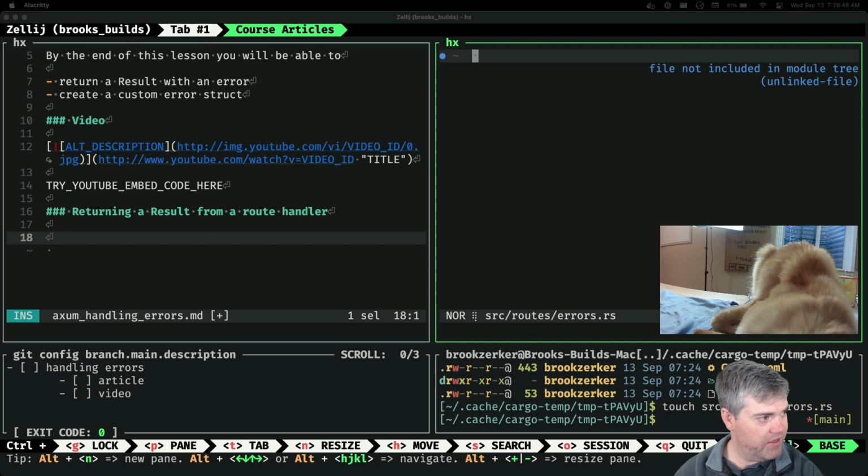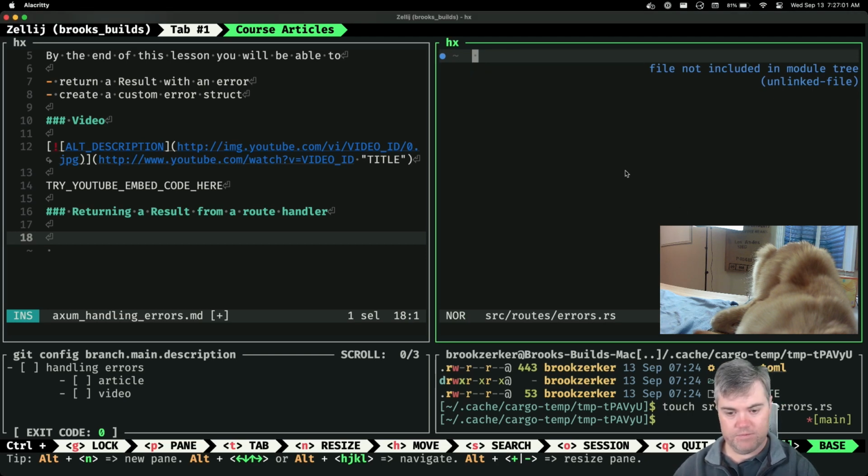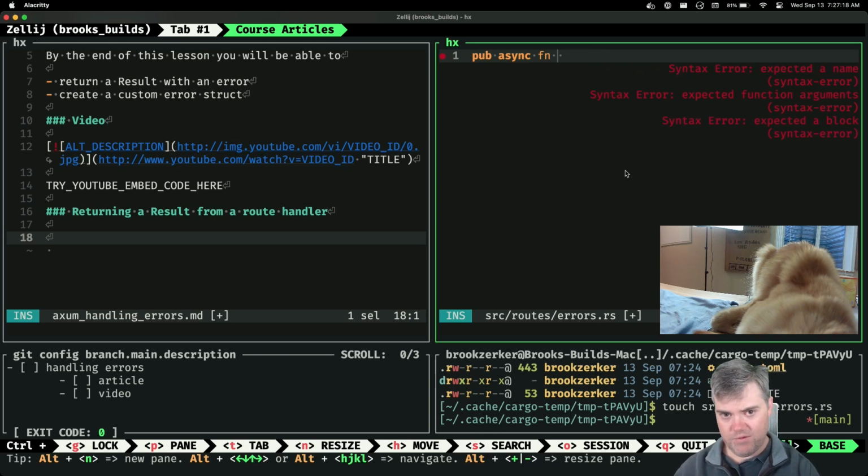We're now working on handling errors. Let's see. I want probably two different ones, so a pub function using result.